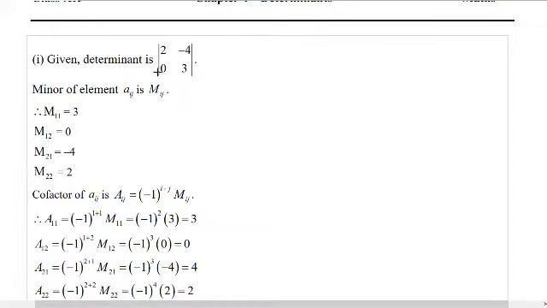Similarly, if I hide this 0 by row and column, I'll get minus 4. And what is this element? This element is a second row, first column, that is A21. So this minor will be called as M21. So on hiding A21, I got minus 4. Therefore, this element will be termed as minor 21.